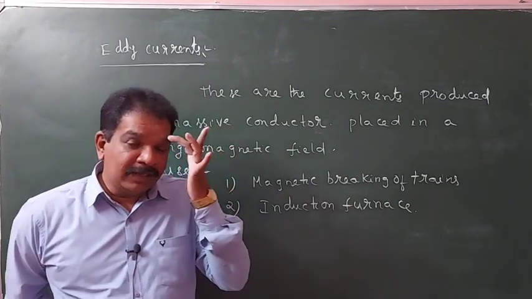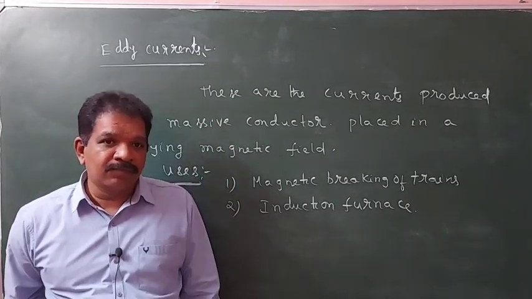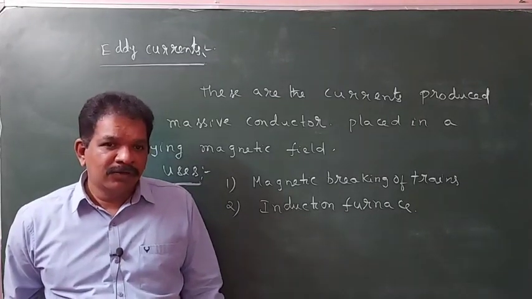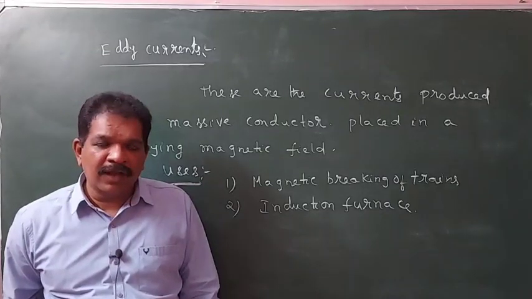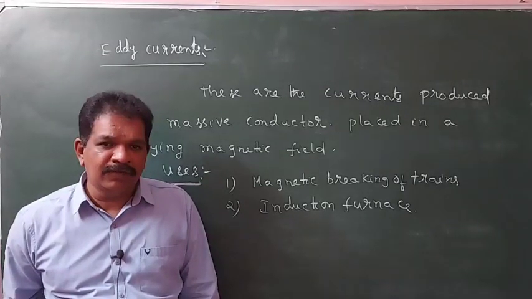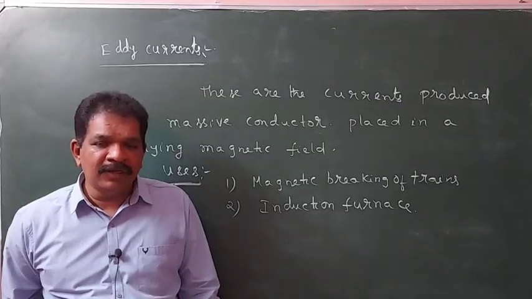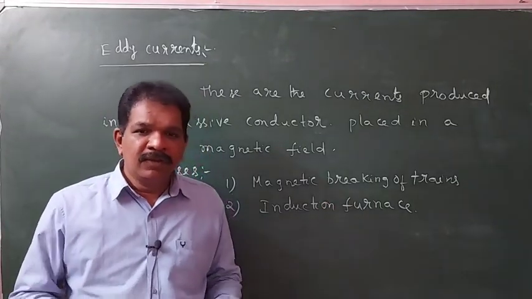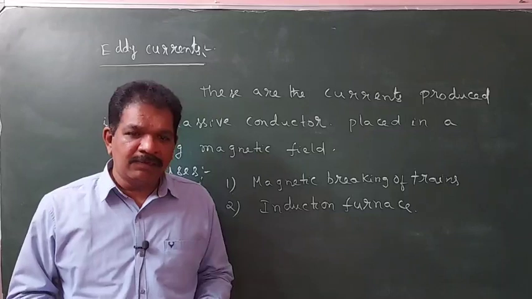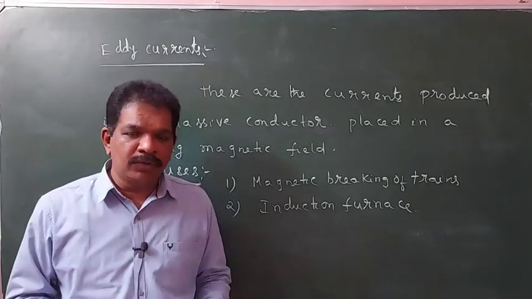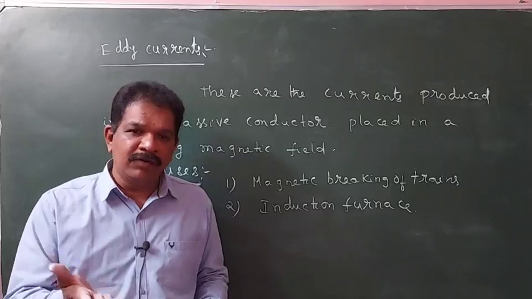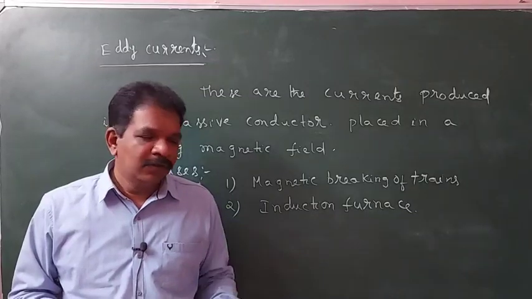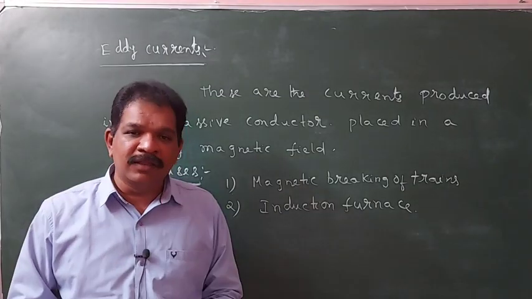Furnace means to melt anything, we will use the furnace. In some big furnaces, very large metal blocks are there. To melt that, they will use high induction, varying magnetic fields. Because of that, easily anything will melt. In that big block, a time varying magnetic field is applied. In that, currents will be produced. Because of that current, heat will be produced. Because of that heat, that metal block will melt. So furnace use will be to melt the things.